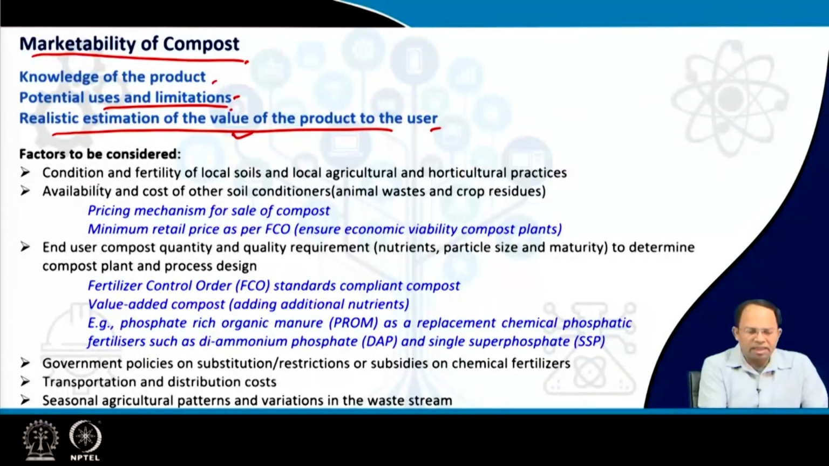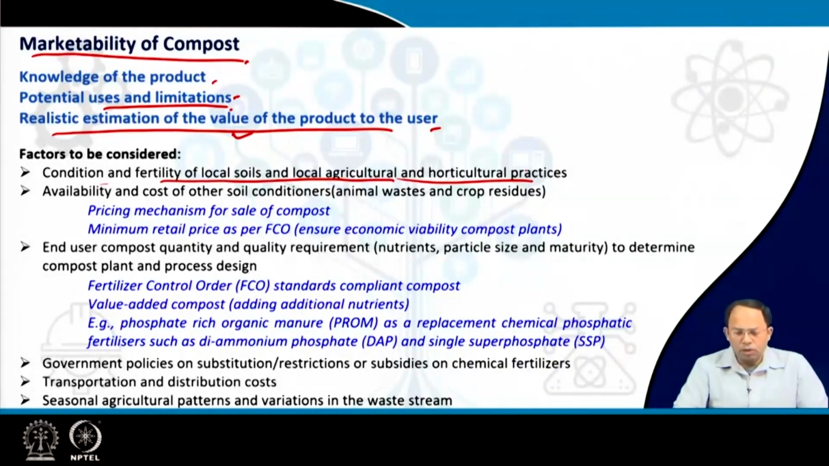So, we have to understand the condition and the fertility of local soils, local agricultural and horticultural practices. Then we know what kind or quality of compost is required, and the availability and cost of other soil conditioners such as animal waste and crop residue. Pricing mechanism for the sale of compost. Based on that, we have to determine what sort of price we can set for compost,